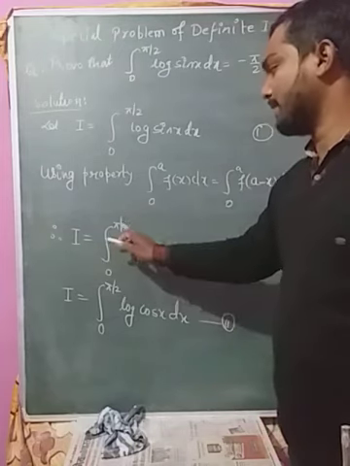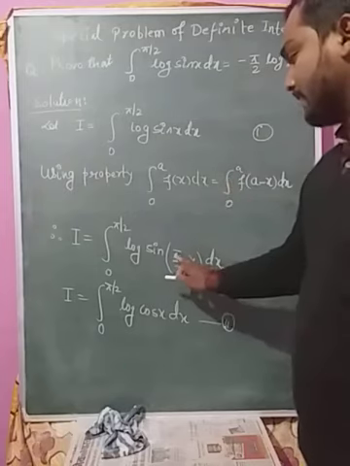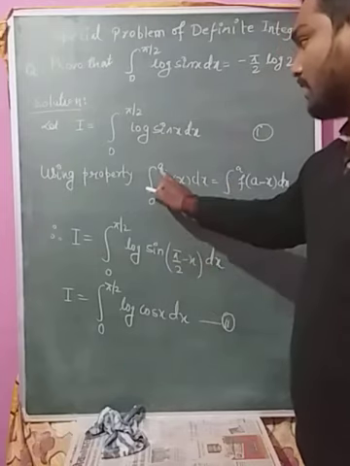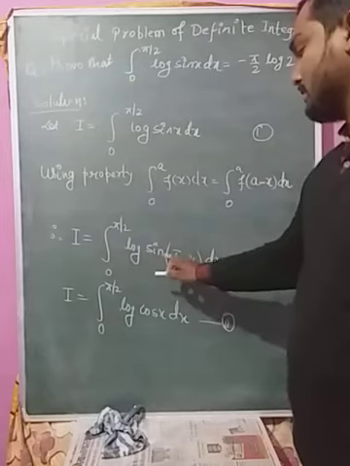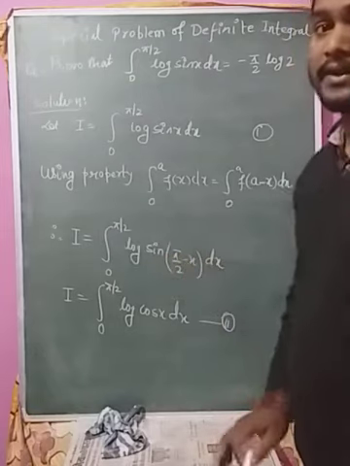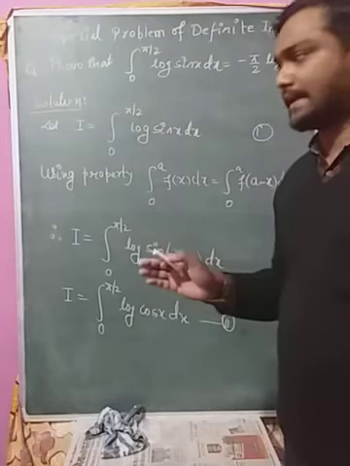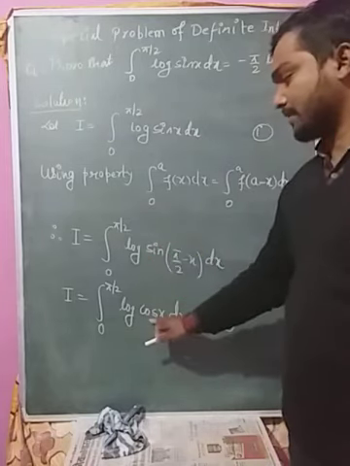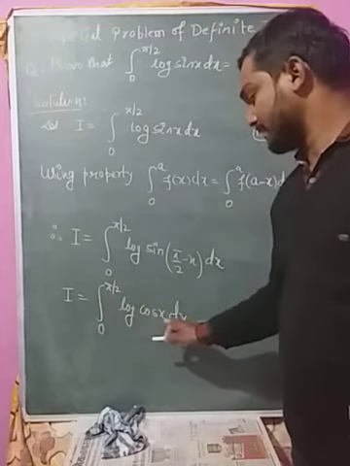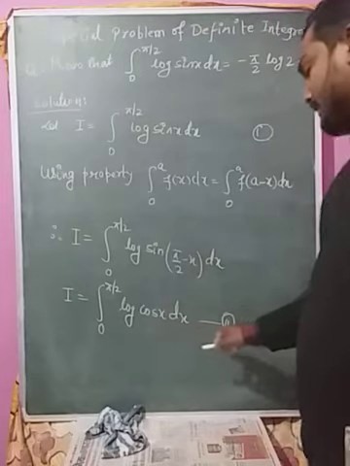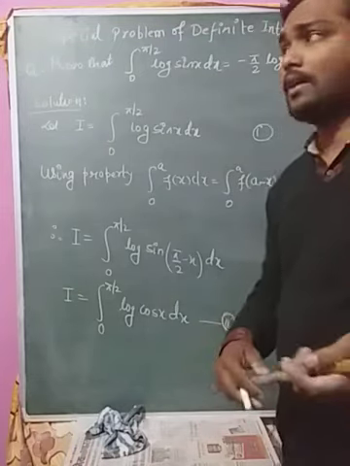So therefore I equal to 0 to pi by 2 log sin a minus x, that is pi by 2 minus x, because a is given as pi by 2 in the question. So log sin pi by 2 minus x dx। Since sin pi by 2 minus x is cos x, so I equal to 0 to pi by 2 log cos x dx is suppose equation number 2।